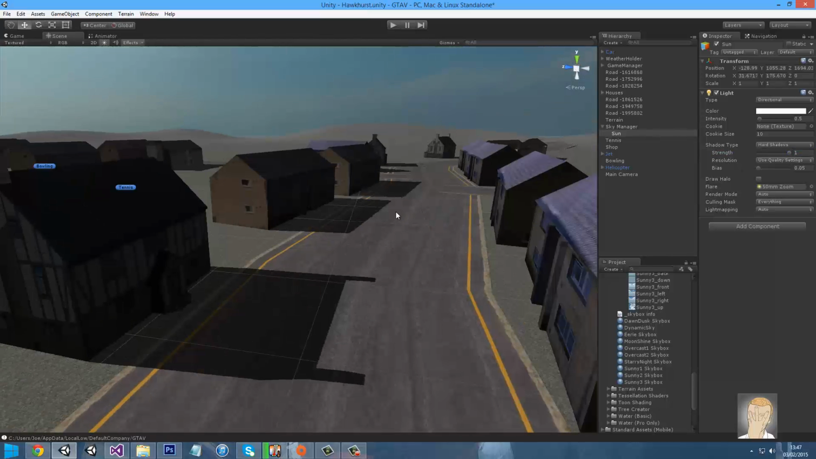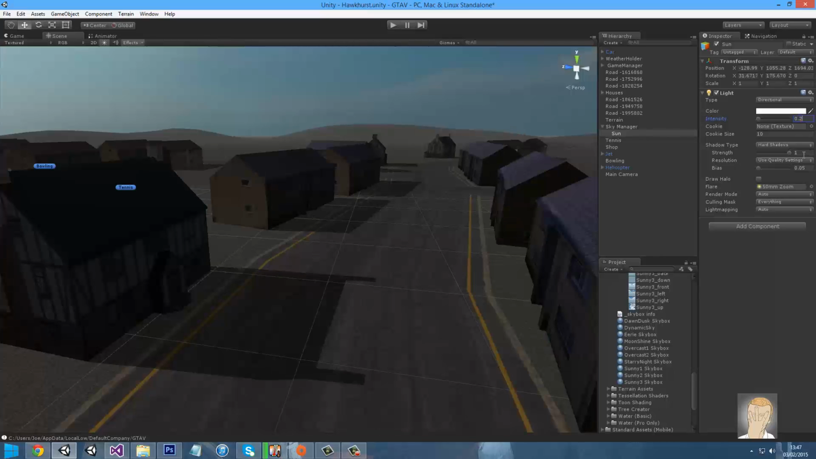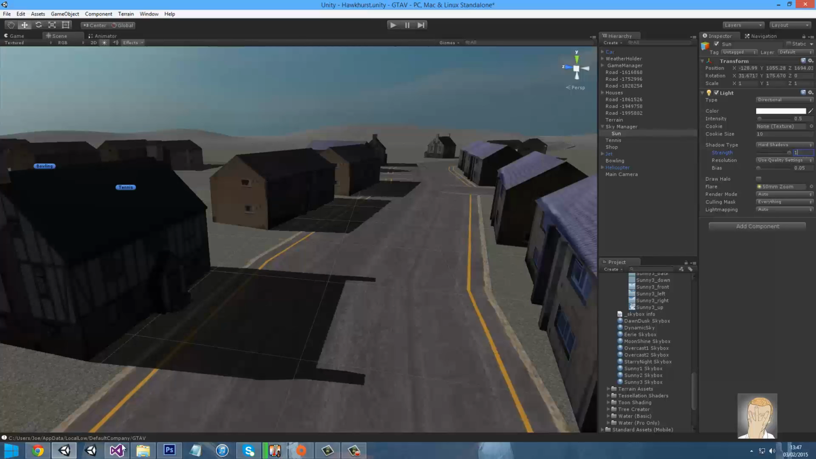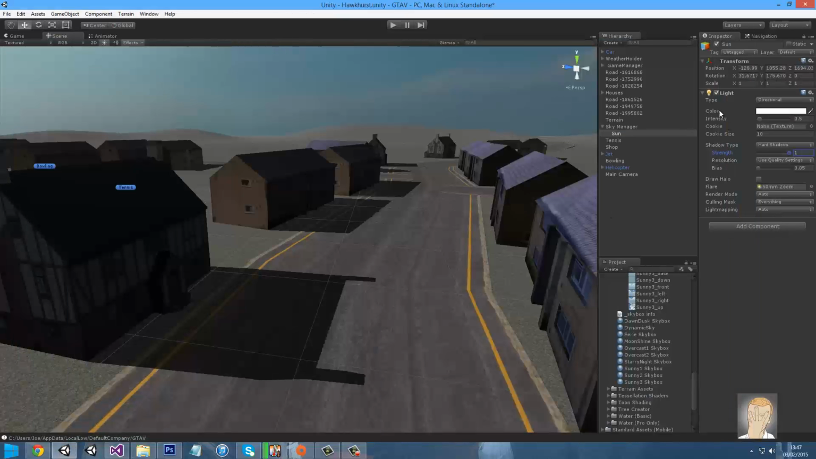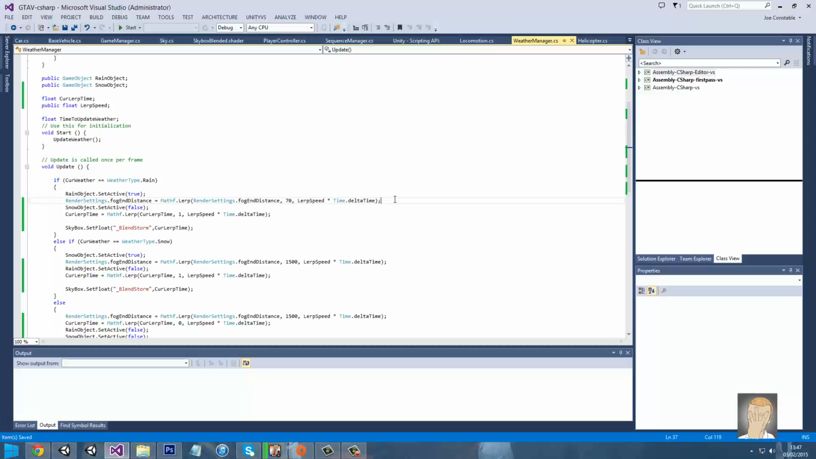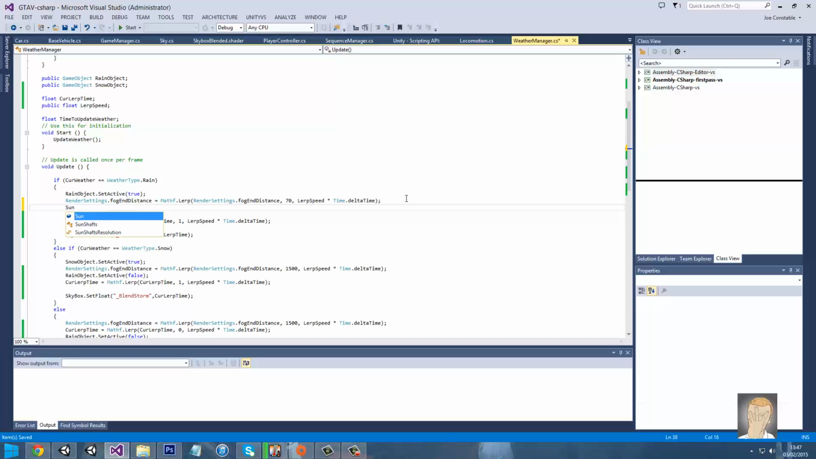When it's raining and snowing, we'll have the intensity to 0.2. 0.2, okay? And that is 0.2. Yes, that's perfect. Okay, so what we can do is we can set the sun intensity and the sun shadow strength to 0.2. So that will also be an interpolation. So what we need to do is go sun in the rain bit and in the snow bit, but we can just copy and paste that later on. Dot intensity equals